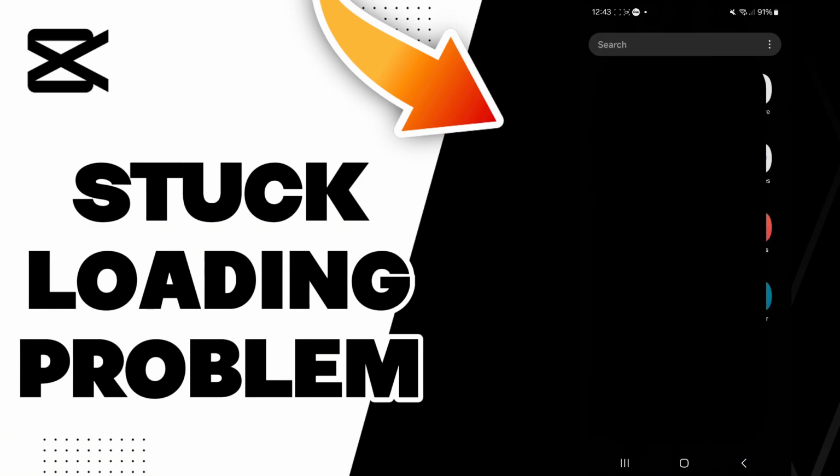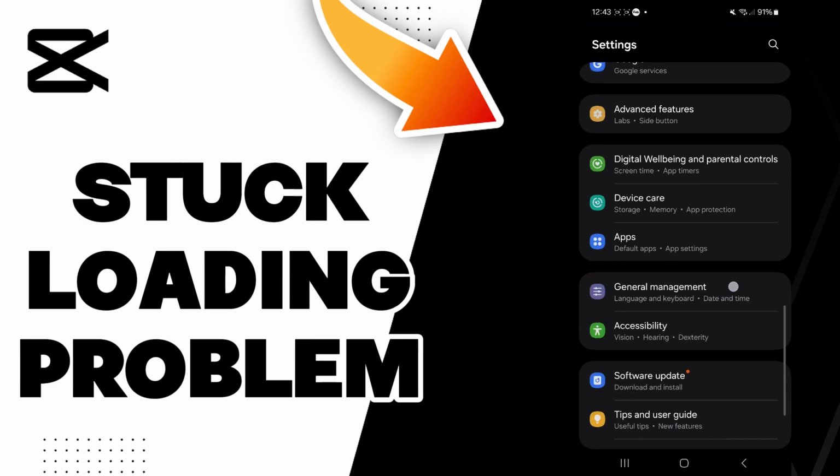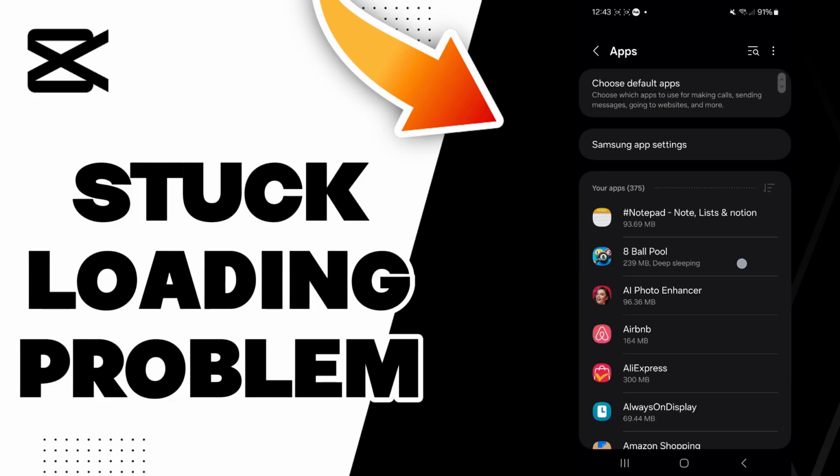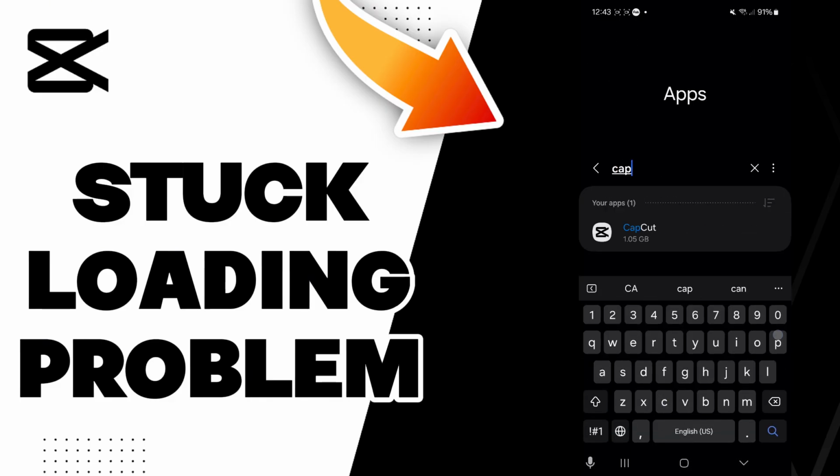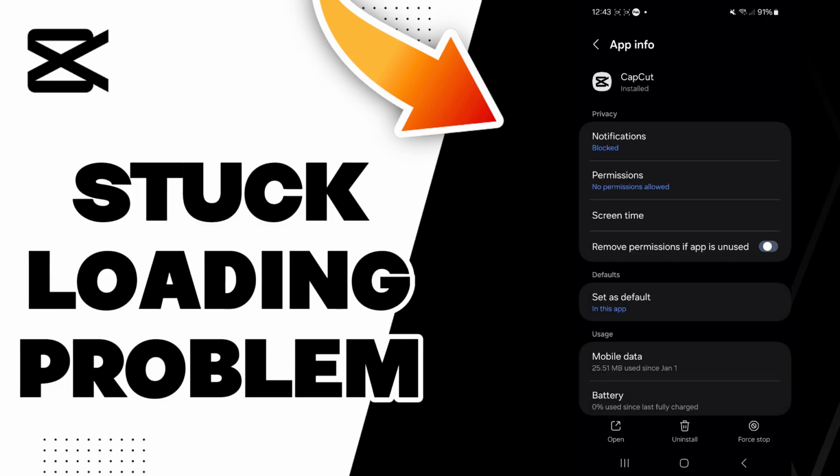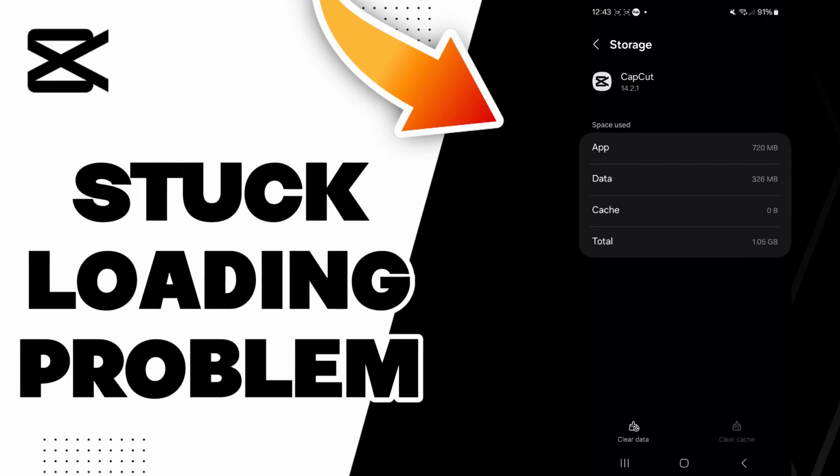So the answer is easy, just go to the settings and then scroll down to the apps section, then go to the search and search CapCut, and then go to the storage. Here you will find this clear cache option, click on it. Now you can go check if it works, and if it didn't you can try to restart your phone